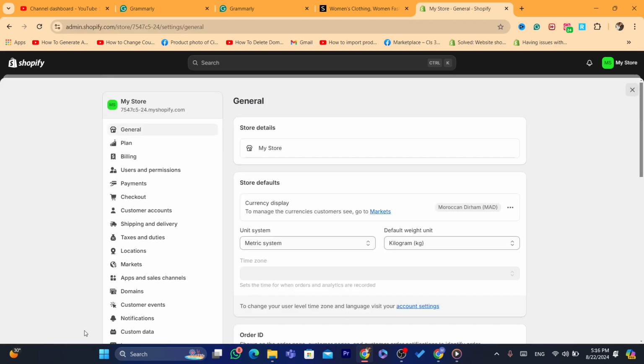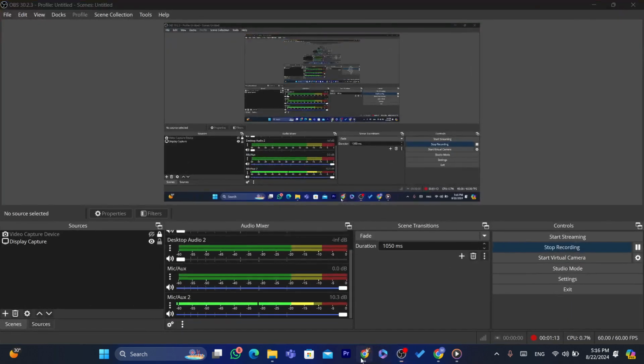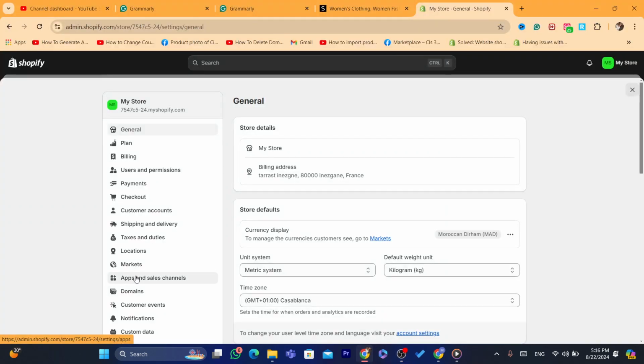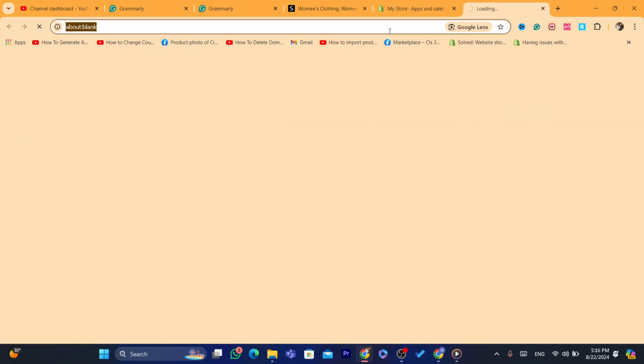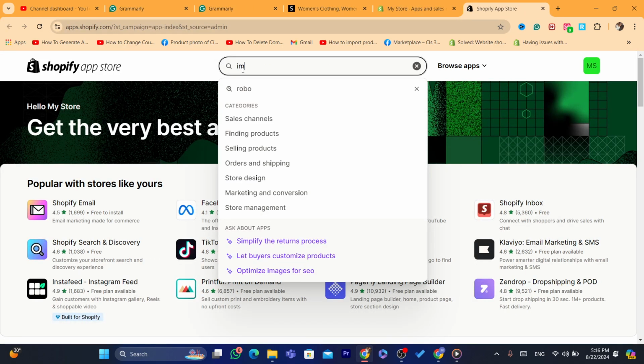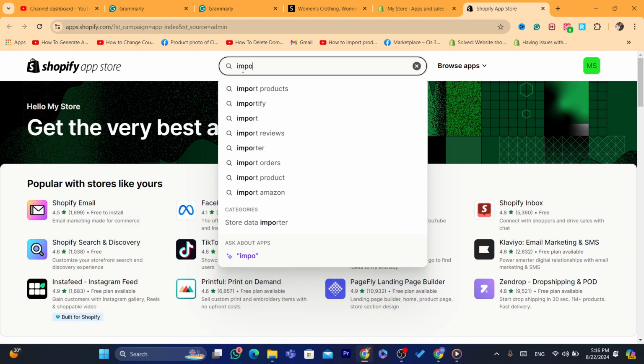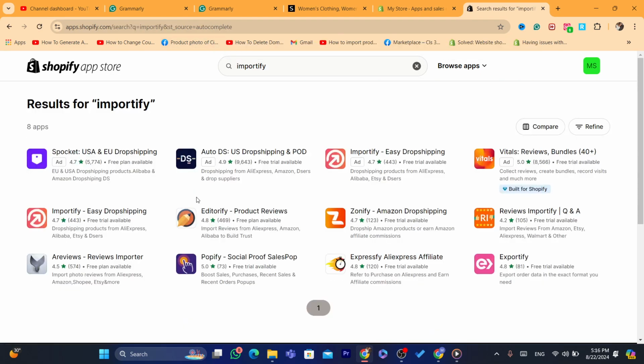Just click on settings at the very bottom left. Then you want to click on apps and sales channels. After that, click on Shopify App Store in the top right, and then search for Importify. That's the name of the app. As you can see, it says here free trial available. Keep in mind, this is a paid app. You will have to pay for it